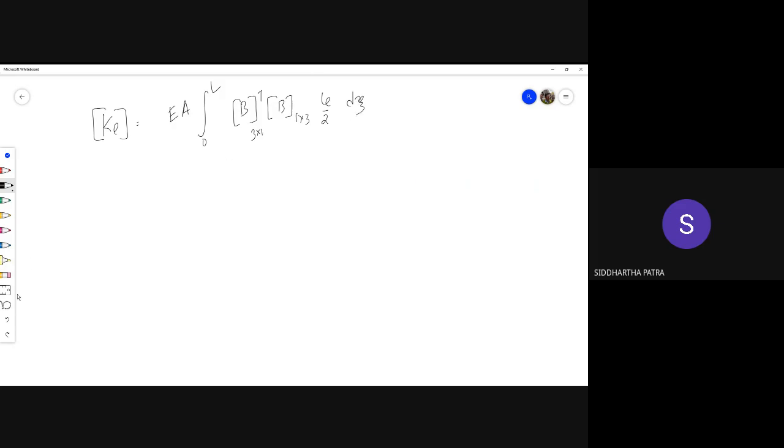Of course, this goes from minus 1 to 1. Now, if you substitute the expressions for B transpose, so in the end you are going to get, I'm not going to substitute the B transpose. What you can do is,